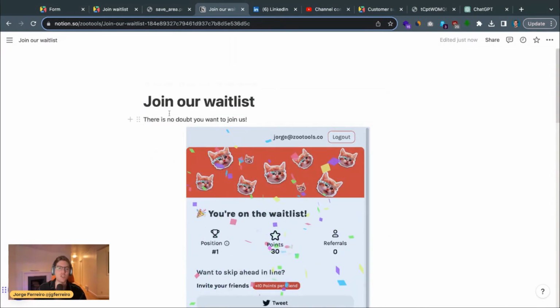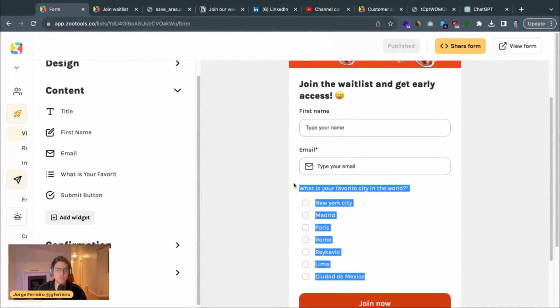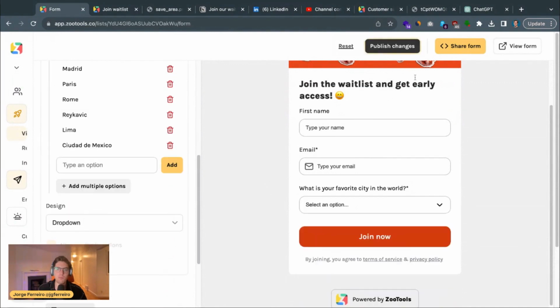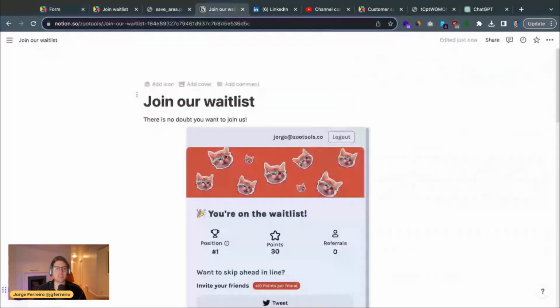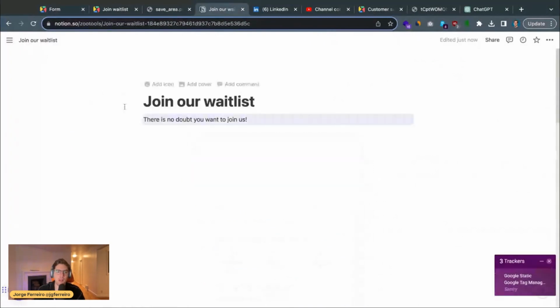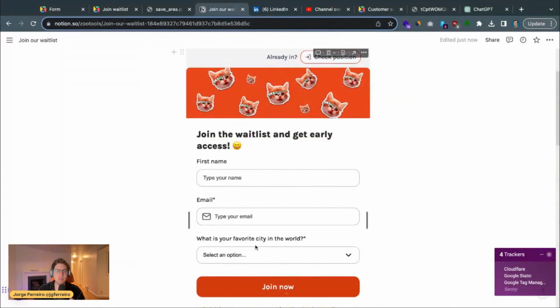And the last thing that I'm going to show you is that if we decide to change certain designs, so for example, instead of having this list, we want to show a dropdown and we publish the changes, it will be automatically updated in Notion. So if we just refresh the page and scroll all the way down, well, I'm just going to log out. You will see that now this is a different thing. So the form is self-hosted on ZooTools and it's automatically updated in real time, which is very nice and very